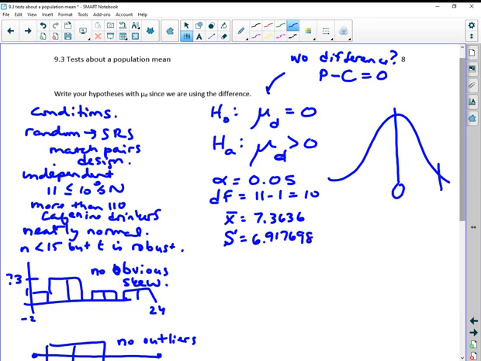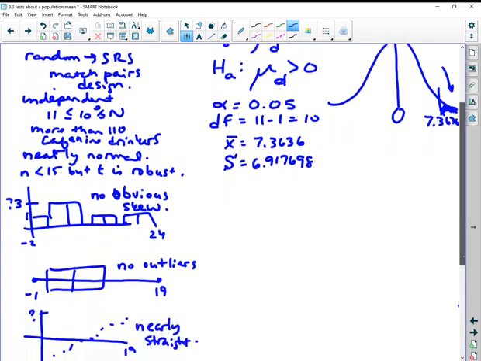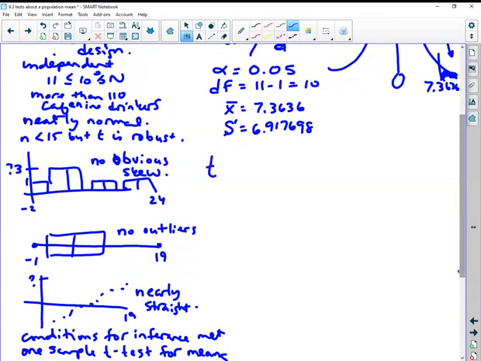So those are going to be our numbers that we're going to be looking at. We're wondering about the area that we're looking for, one-tailed test, because we're just looking for greater than. t equals 7.3636. Bring that 0 down from our null hypothesis,